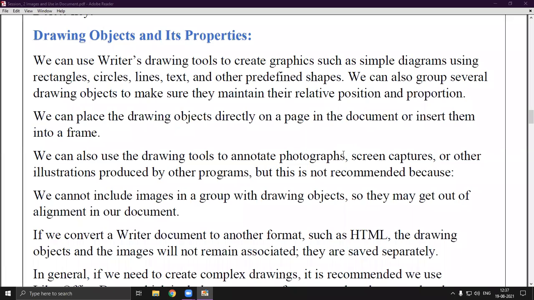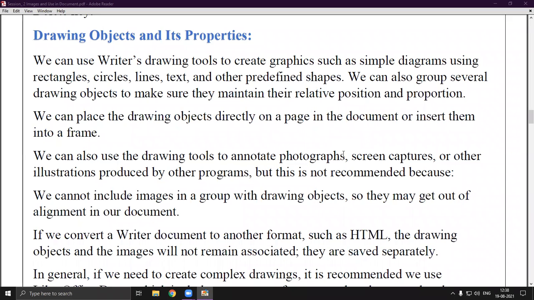Because if I use some kind of flow chart, some kind of arrow diagram, then the reader can also enjoy it. The reader can also access this document in a very convenient manner. So that's why after discussing images, we are going to discuss how we can insert and deal with an object and what its properties are. Every word processing document provides you a bunch of objects, which include rectangles, circles, etc. By dragging and dropping them, or by inserting them, you can use them and modify them according to you.